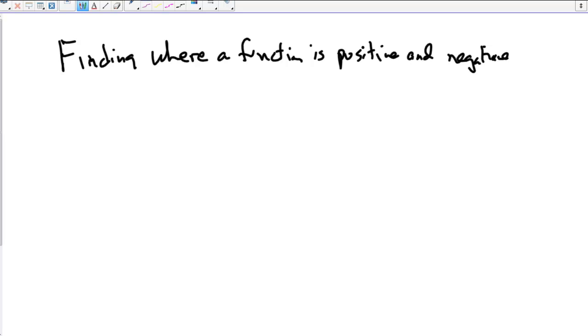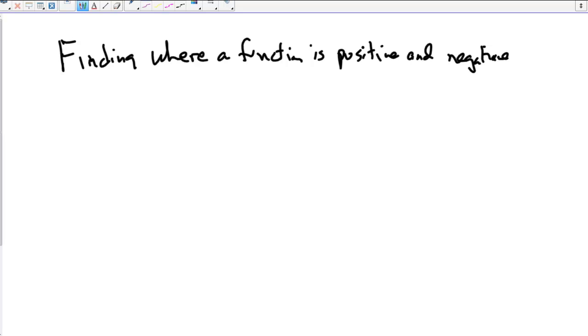Okay, today we're going to be talking about finding out for what x values or where a function is positive and where it's negative. Many times during this semester you'll be asked this question with the function representing several different things. With what's assumed in terms of the prerequisites right now for the course, we'd be asking, for example, find